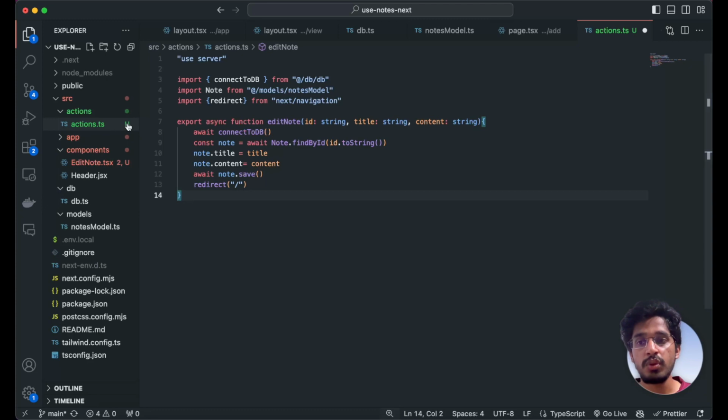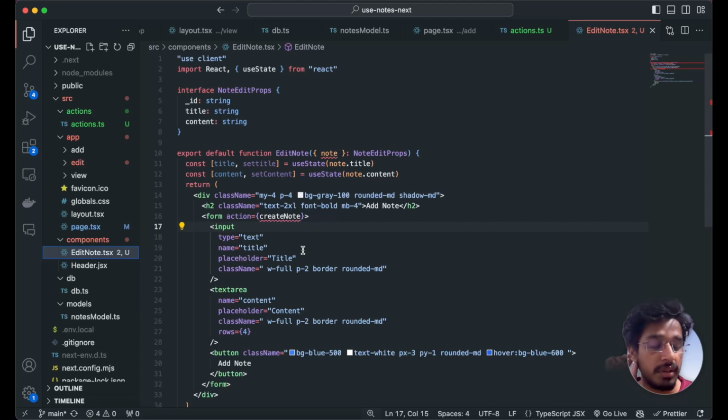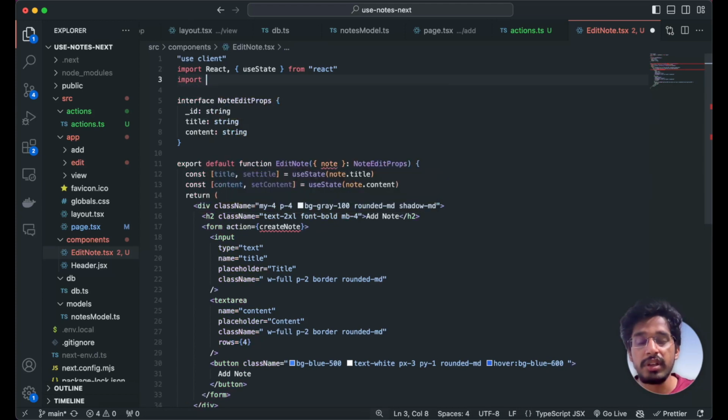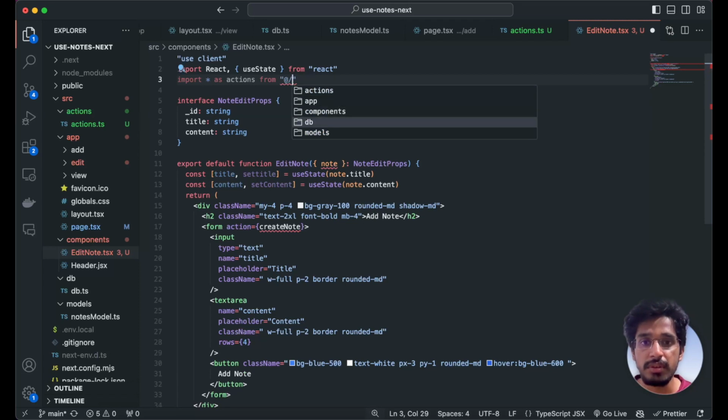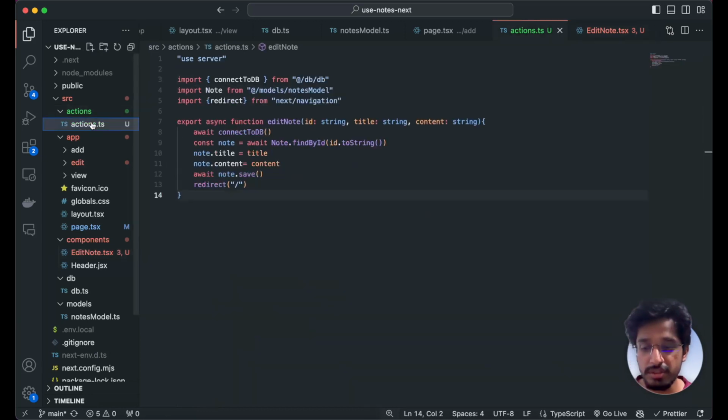Now let's go to our edit page within the app, within our edit note, and make a server action to that file. We need to import that. We are going to import all of the server actions that we have, so we can import star and mark this as actions, which is coming from @/actions/actions. Probably we could have named this index.ts, so that we don't have another layer of digging. So let's rename this